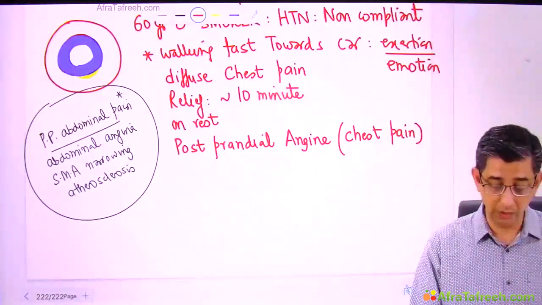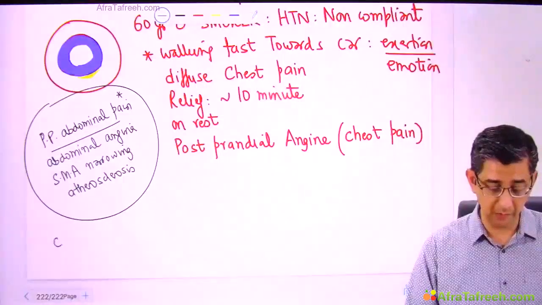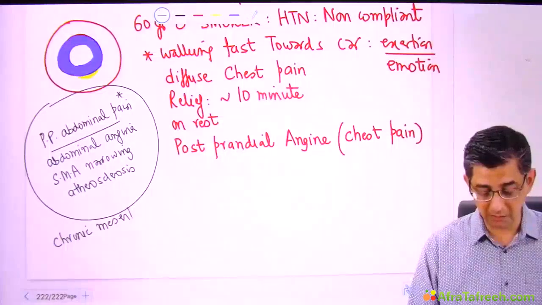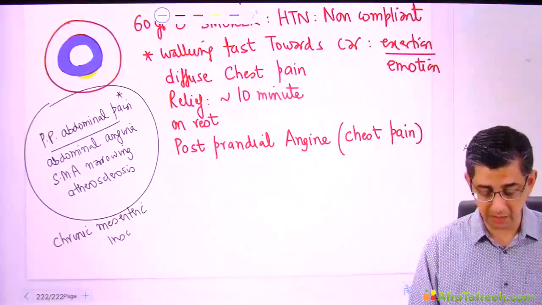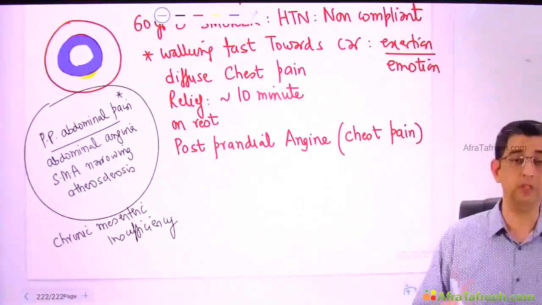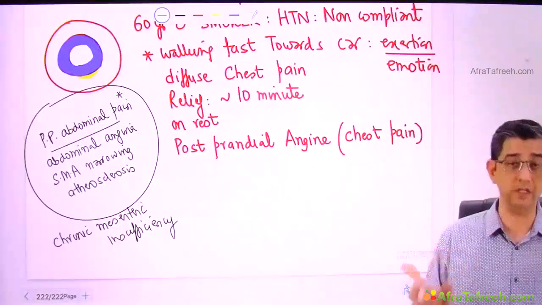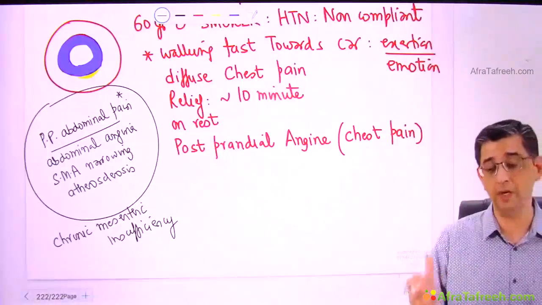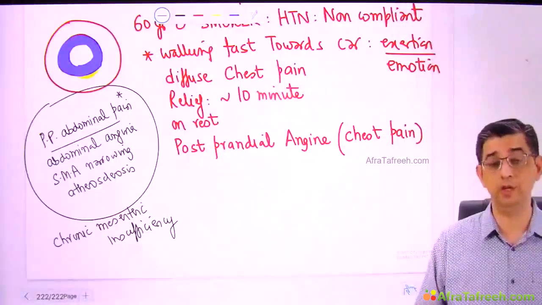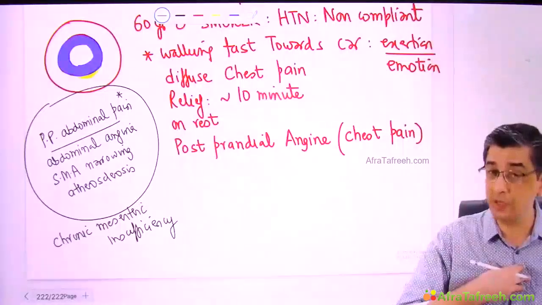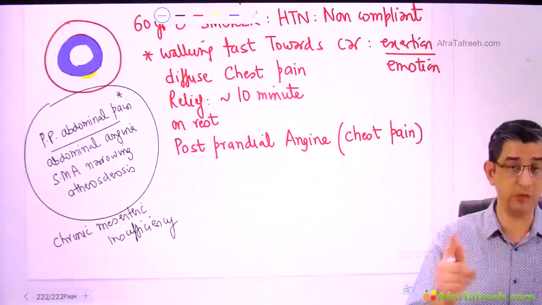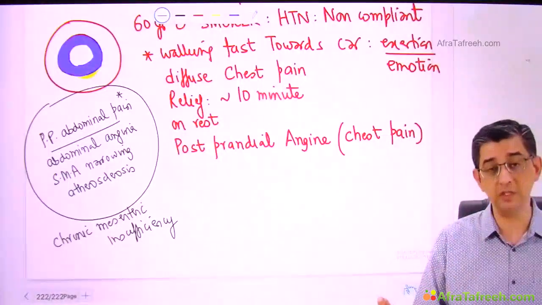and usually the description given for this will be chronic mesenteric insufficiency. Chronic mesenteric insufficiency simply implies, as the name itself is self-explanatory, there's going to be narrowing of the mesenteric artery, so the blood supply to the gut will be lesser, whereas traditionally, postprandially, the blood supply to the gut should increase for digestive purposes. So do read the question with a lot of care. Is it postprandial chest pain? Is it postprandial abdominal pain? Because both are due to atherosclerosis, but the manifestations are grossly different.